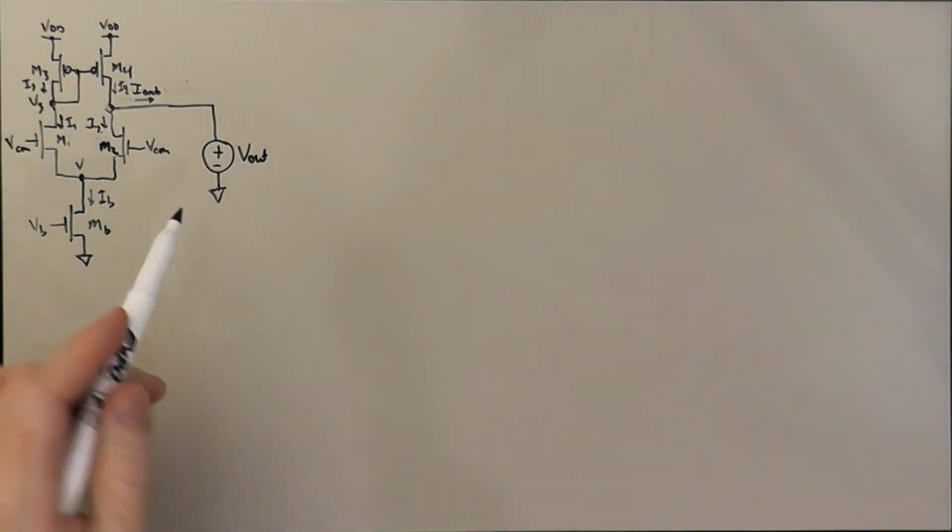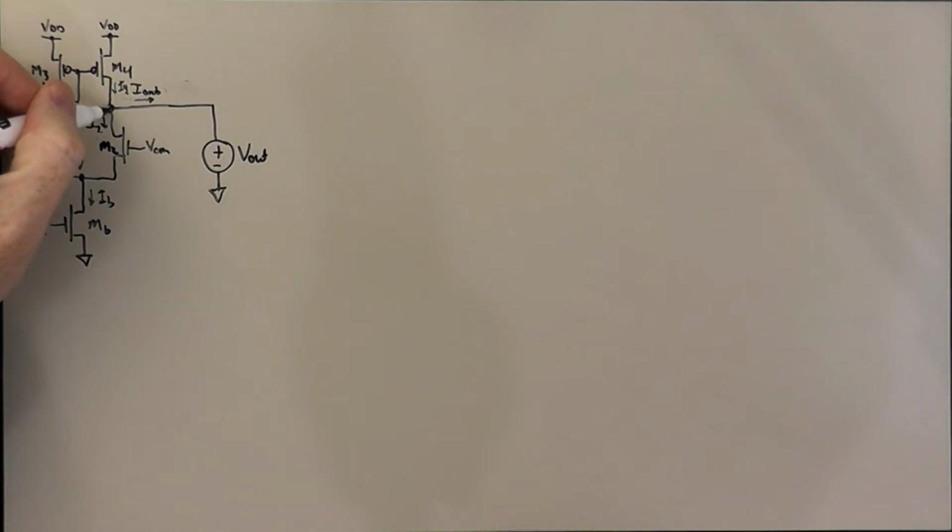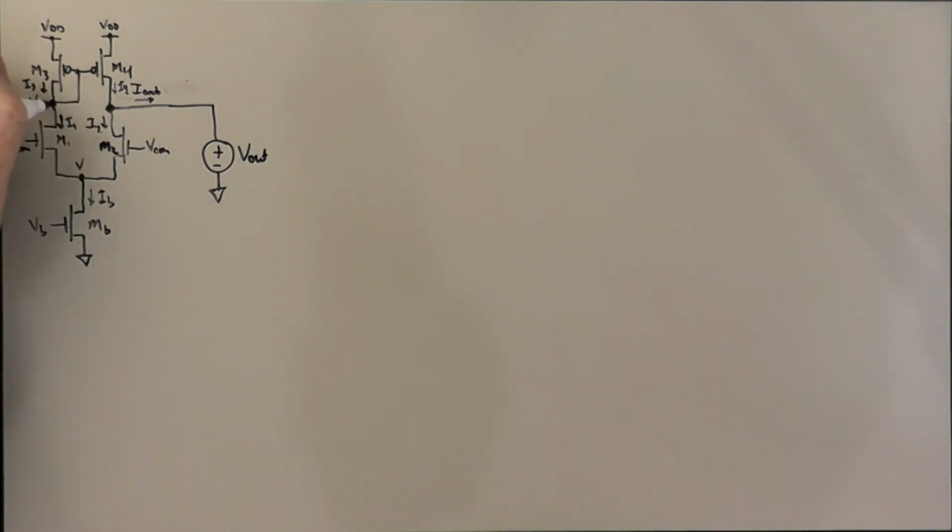So again, we have this notion that basically I out is 0, and if we were to let go of V out it would not change. And so basically any output voltage would be consistent as long as M4 and M2 are saturated with this balanced condition. I want to think about what would happen if I were to put a delta VCM into both sides